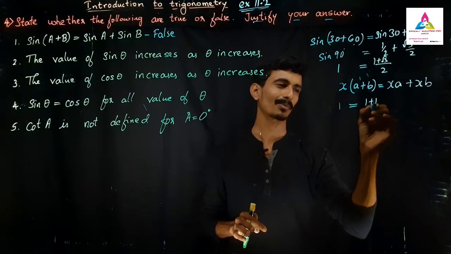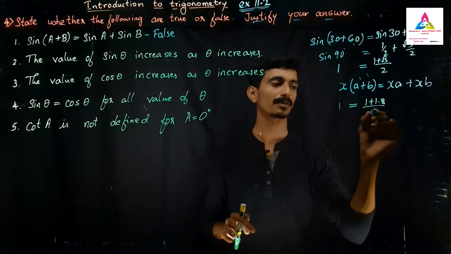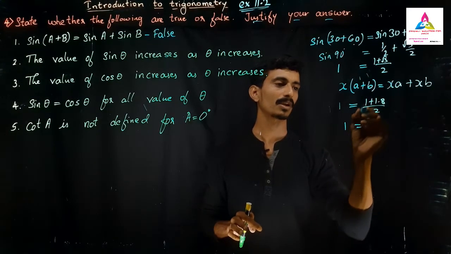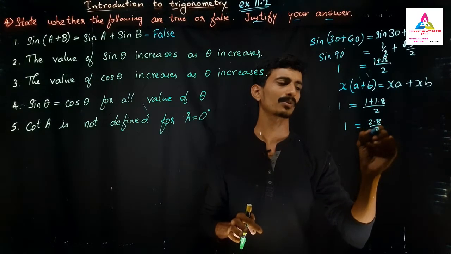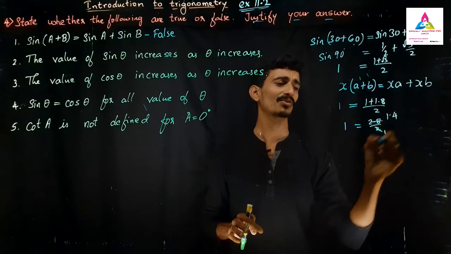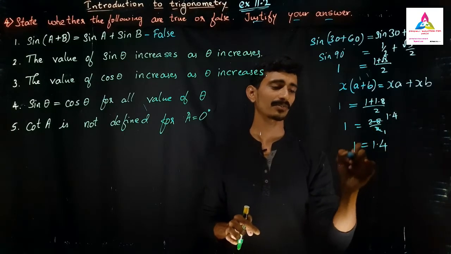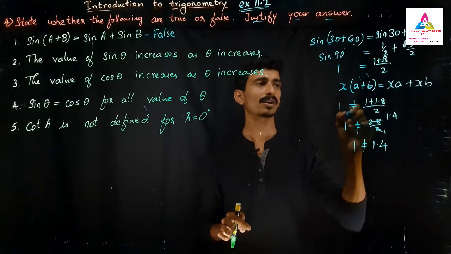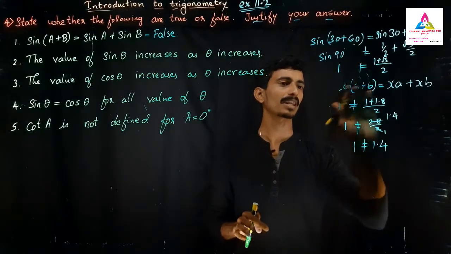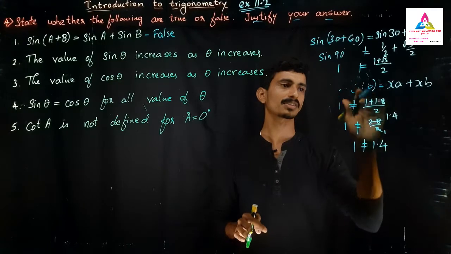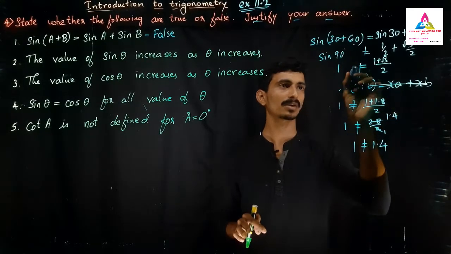Here we are stuck, because 1 plus root 3 over 2 is more than 1. If you want to simplify and see, I will solve this. Here we have 1, and on the other side we have (1 + root 3)/2. Root 3 value is about 1.8, so 1 plus 1.8 is 2.8, divided by 2 is 1.4. So the right hand side and left hand side are not equal to one another. Don't neglect this; I have simply taken it for verification.